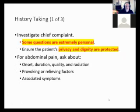Okay, with abdominal pain, this should look familiar, right? We're kind of talking OPQRST here, aren't we? That's exactly what you're doing. Provoking and relieving factors, what does that sound like? That's the P, provokes or palliates, right? And then associated symptoms with abdominal pain in a woman of childbearing age, you're going to have to ask,